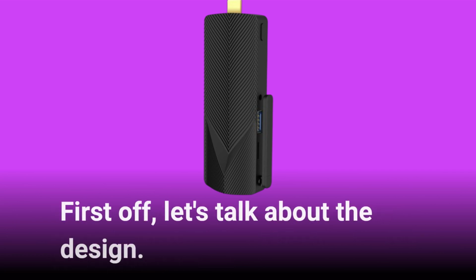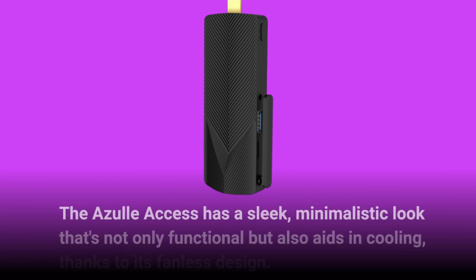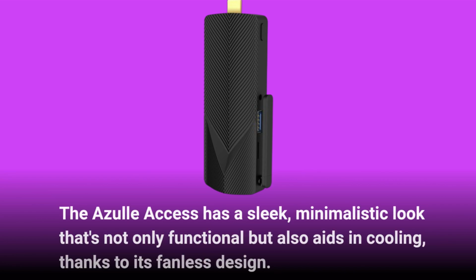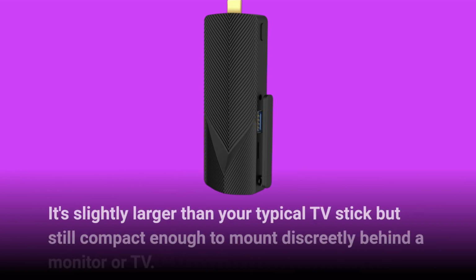First off, let's talk about the design. The Azulle Access has a sleek, minimalistic look that's not only functional but also aids in cooling, thanks to its fanless design. It's slightly larger than your typical TV stick but still compact enough to mount discreetly behind a monitor